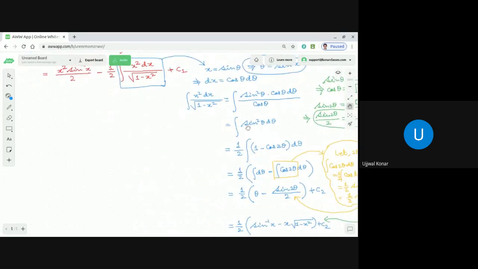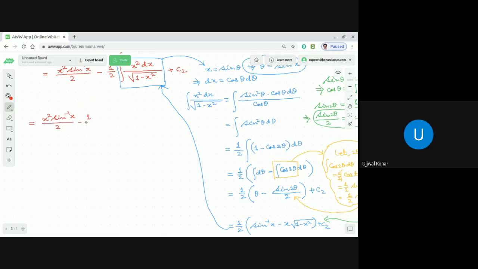Completely understood? So now that value of integration of x square dx by square root of 1 minus x square, we can again replace back here. Then what we are going to get is the value of the integration as x square into sine inverse x by 2